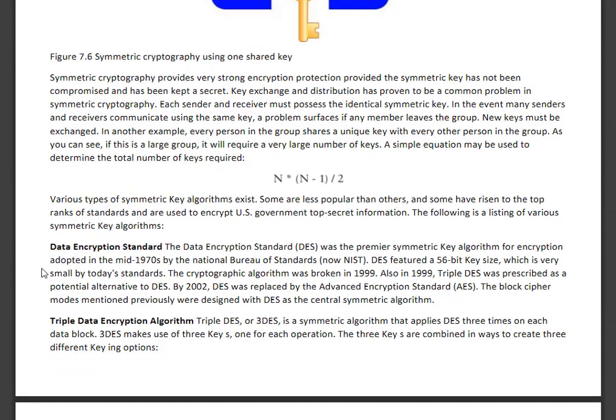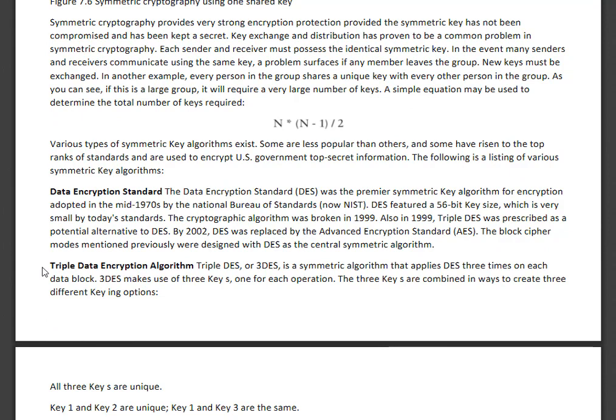One of the first symmetrical encryption algorithms that was developed was DES, Data Encryption Standard. However, it was broken in 1999. At the same time, in that same year that it was broken, Triple DES was released. It took the original DES standard, which was a 56-bit